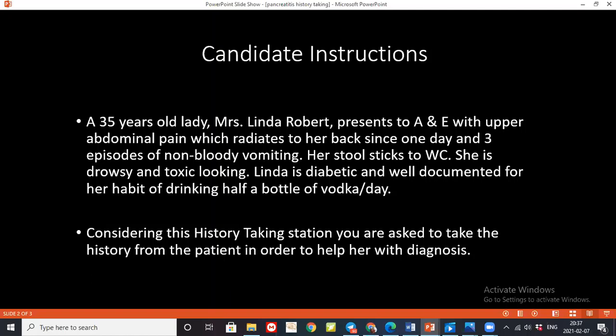After this, I would like to do a proper abdominal examination for the patient. Then I would like to do baseline blood work to check the full blood count, electrolytes, and liver function tests to rule out obstruction of the bile duct. Then I would like to check the amylase level and the lipase level. The lipase level is more important. Then do a CT scan of the abdomen to rule out pancreatitis, and also an ultrasound before the CT scan. Then if need be, more.